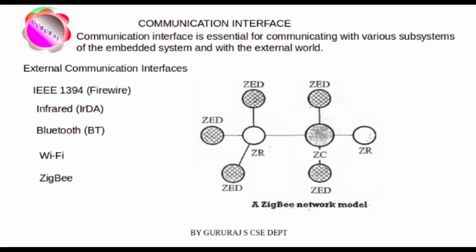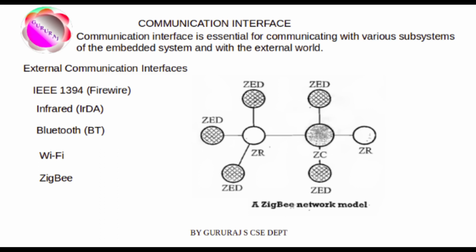Next external communication interface is Zigbee. Zigbee is a low power, low cost wireless communication protocol based on the IEEE 802.15.4 2006 standard. Zigbee is targeted at low power, low data rate and secure applications for wireless personal area networking. The Zigbee specification supports a robust mesh network containing multiple nodes. This networking strategy makes the network reliable by permitting messages to travel through a number of different paths to get from one node to another.